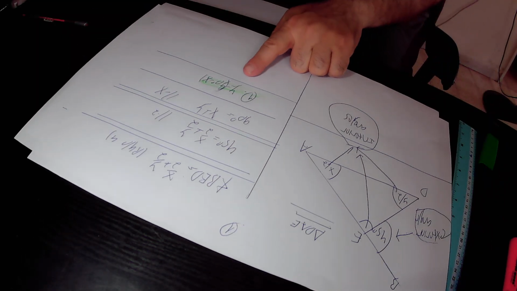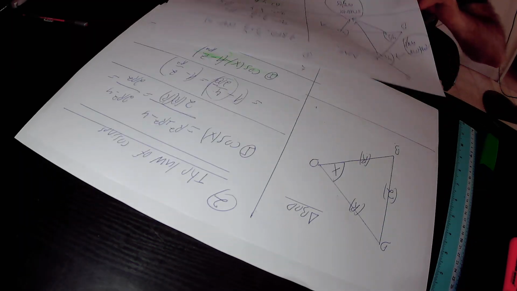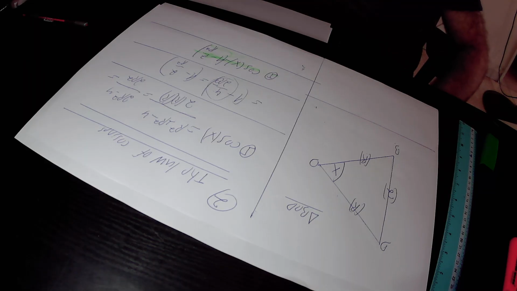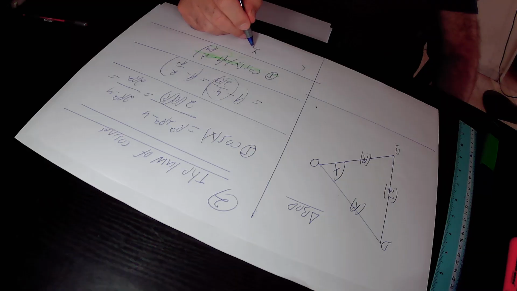But we have already found out that y equals 90 degrees minus x. So that y equals to